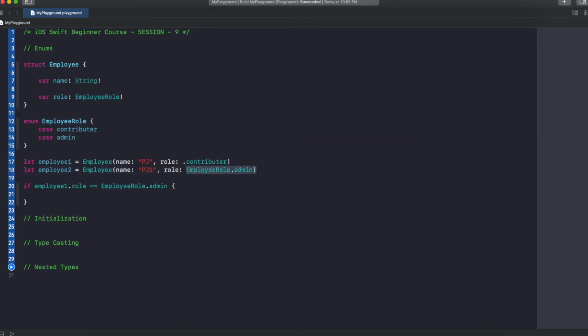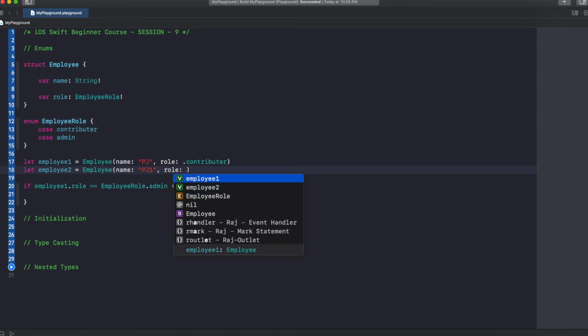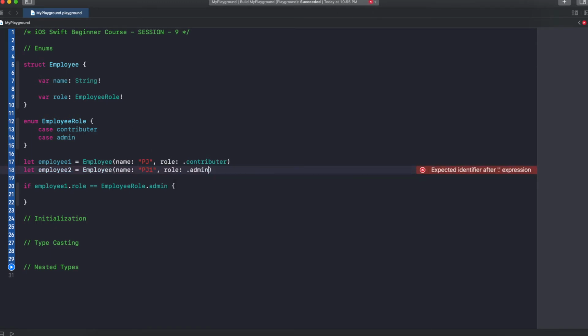So just dot admin. And in the if condition also, since the data type of role is EmployeeRole, you don't have to type it manually, just dot admin, that's enough. This is the power of enums.